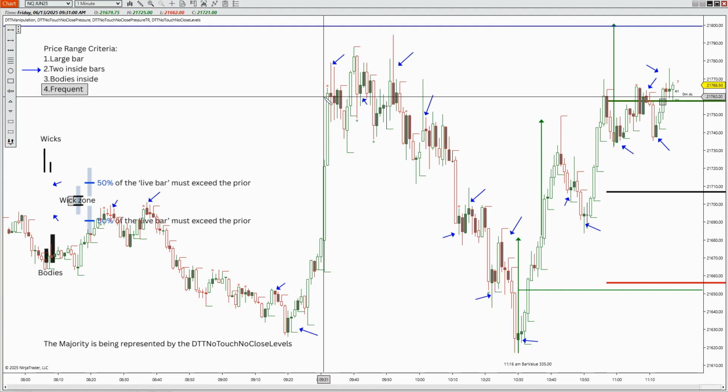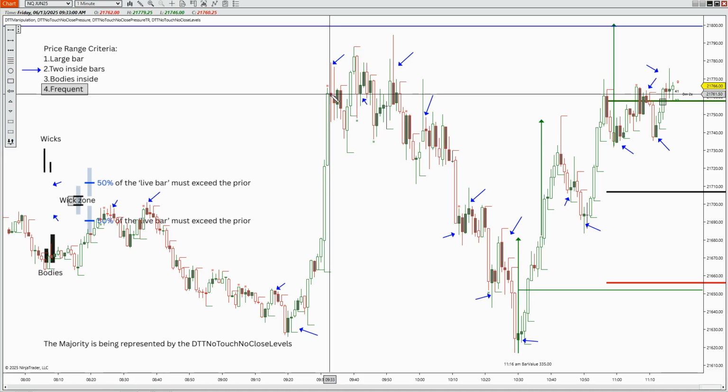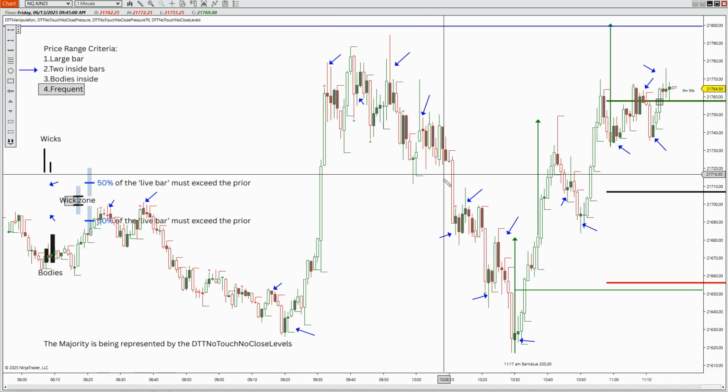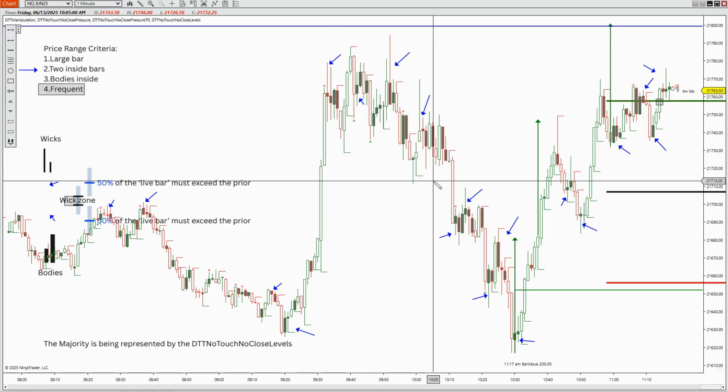Everything that I teach, I try to teach where it's simple and that you can see it frequently. It's most important that you see it frequently because the algorithms operate based off of frequency, how rapidly they can put a great deal of orders in the market. To balance the scale a little bit, you need an opportunity to interact with the market frequently as well, but with high probability too. Some would say you shouldn't do a lot of trades, but the institutions do a lot of trading, a great deal of it, and they're successful. So why is it that you can't?